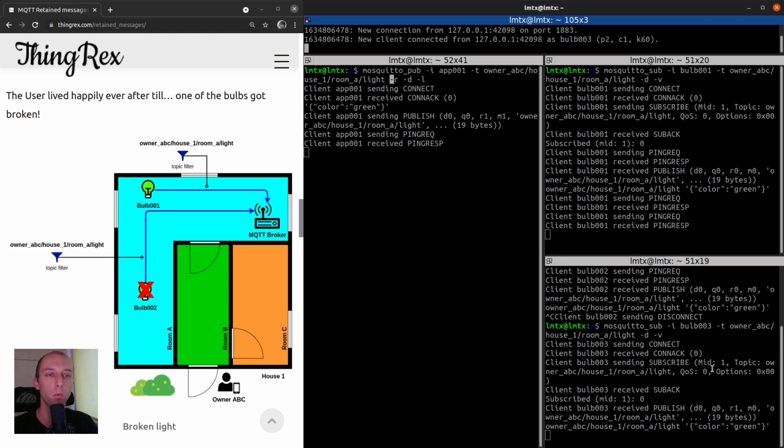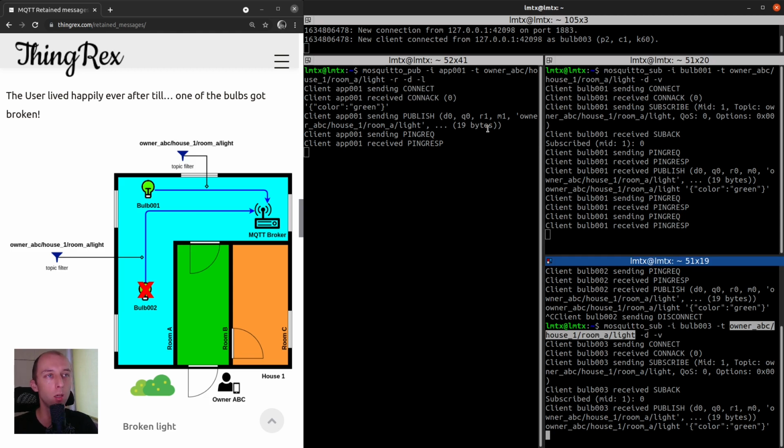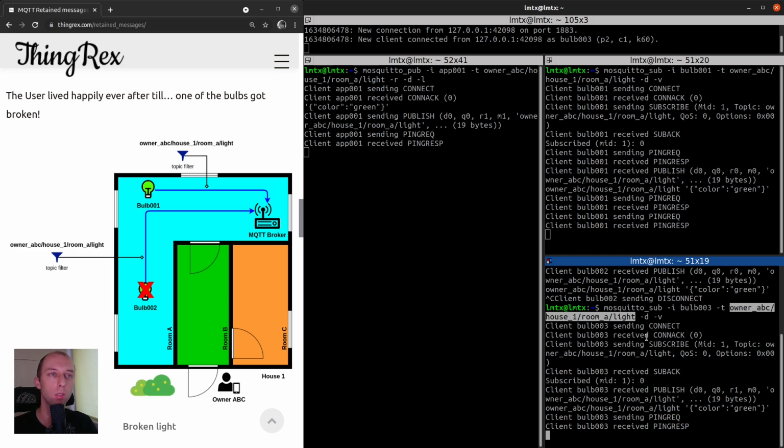So this way, we can leverage the MQTT functionality. We do not have to implement any additional logic on the backend, because the MQTT broker is going to store this message and resend it to new devices, and we do not have to implement any logic on the device level to ask for the initial setup, right? Because once this device subscribes to this topic, the MQTT broker will immediately send this message to the new device.